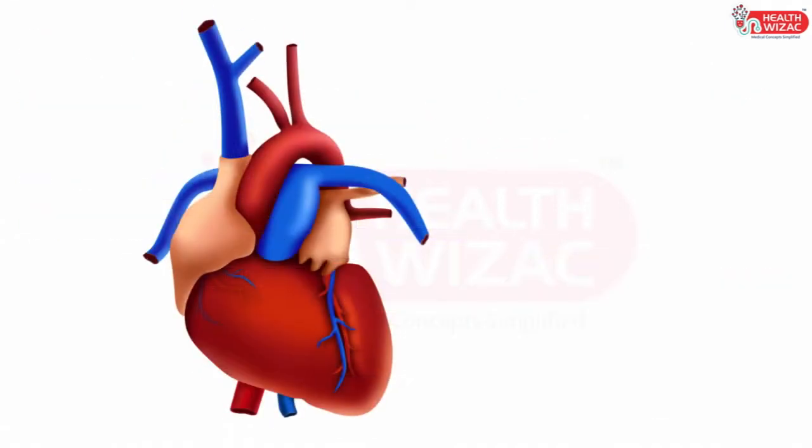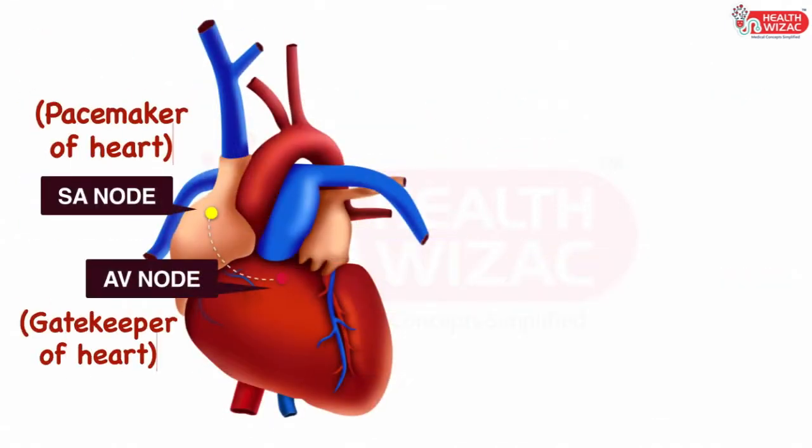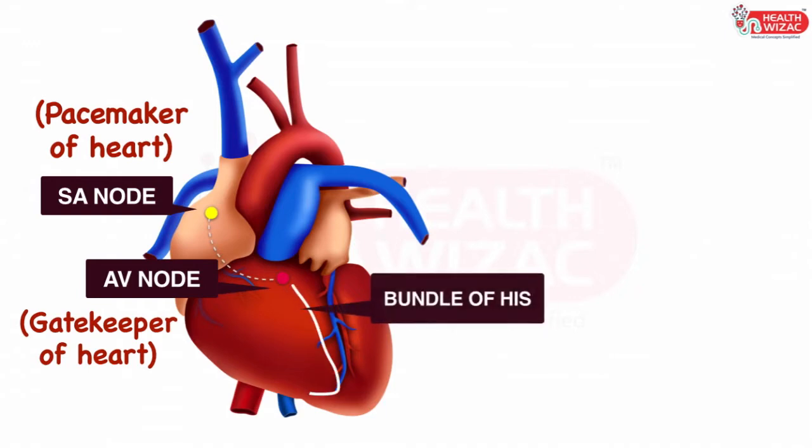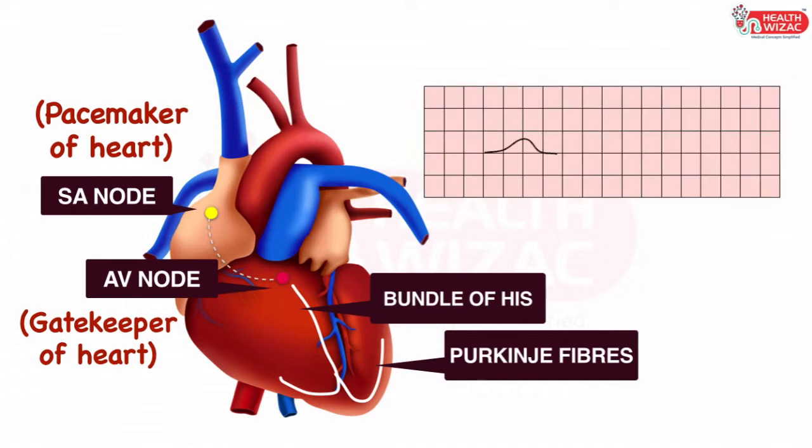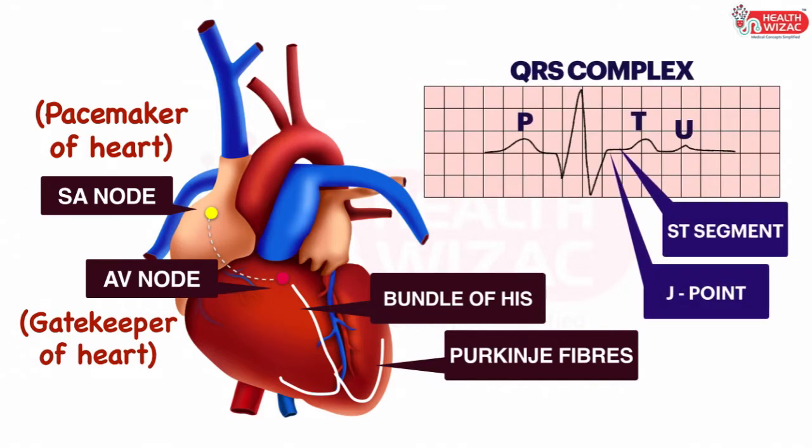The impulse starts at the SA node, also called the pacemaker of the heart. This is then conducted down to the AV node, also called the gatekeeper of the heart. Through this, the impulse travels down to the bundle of His and finally to the Purkinje fibers. This gives rise to various waveforms of ECG known as P wave, QRS complex, ST segment, J point, T wave